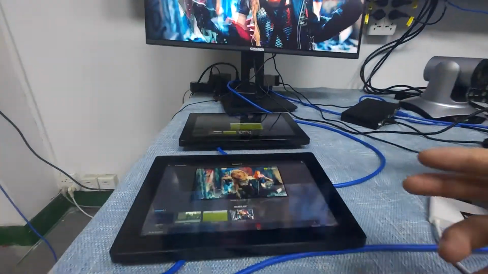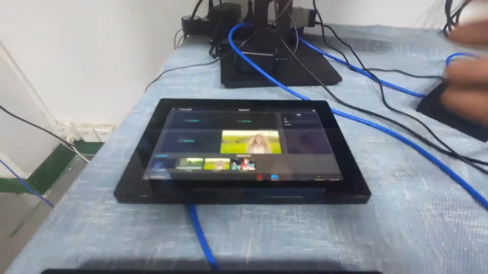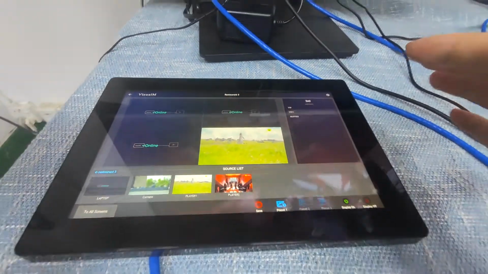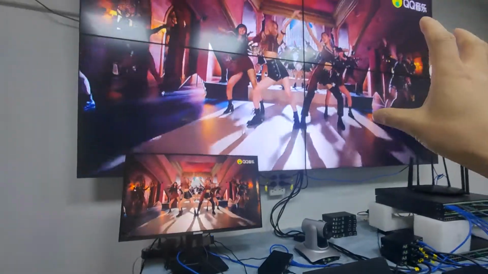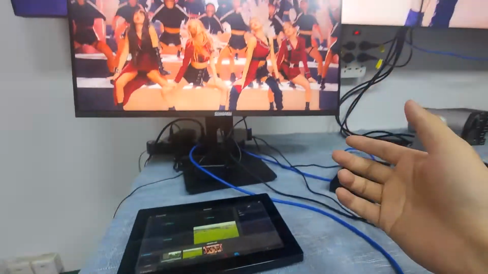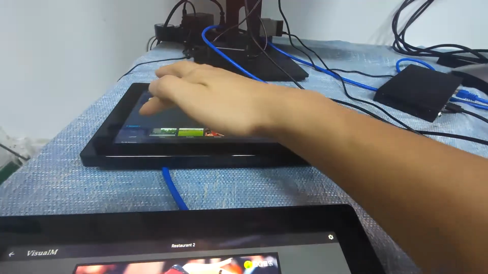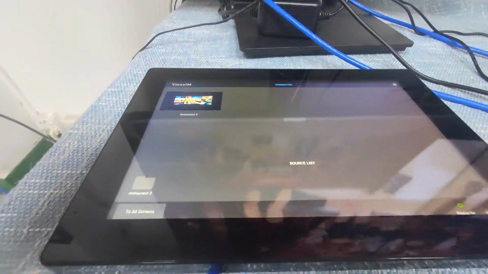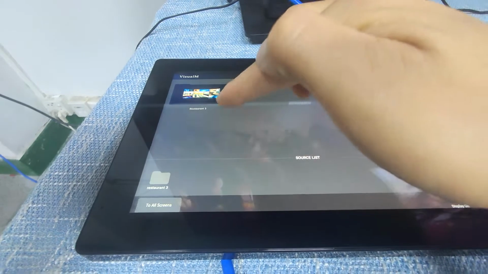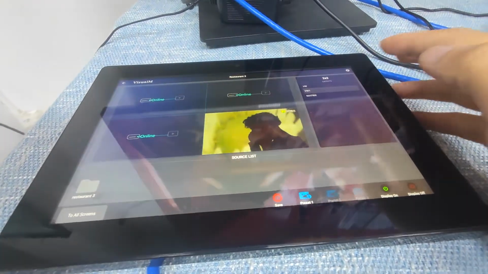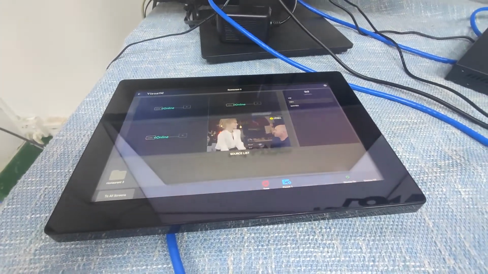Okay, and this one is actually the restaurant 3. You can check it out. So restaurant 3 is actually for this 2x2 video wall here. We will have more displays. We can check it out. So as we can see here, we only got the restaurant 3. It's actually the same once we click link, but this one will be a little bit different, just because this one we have it